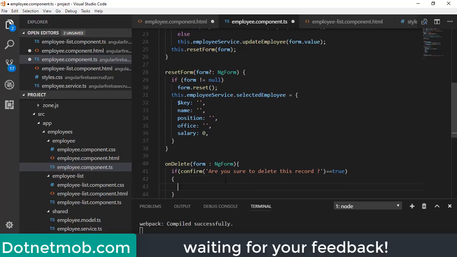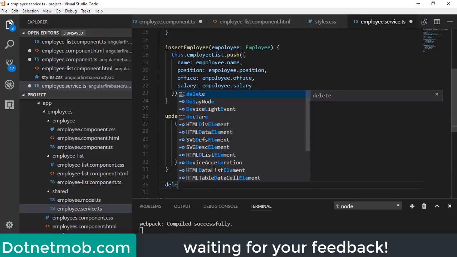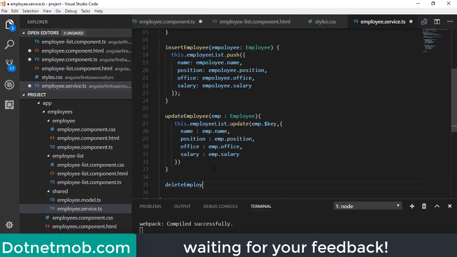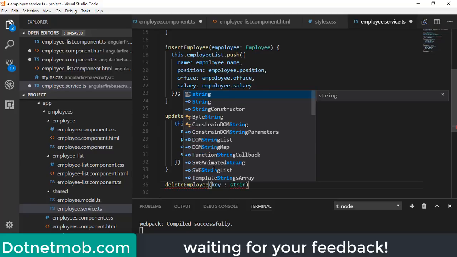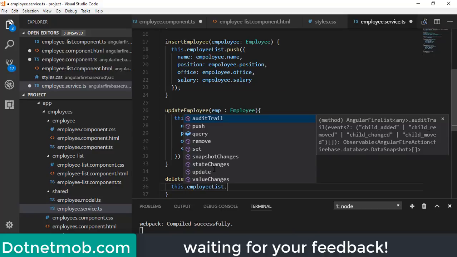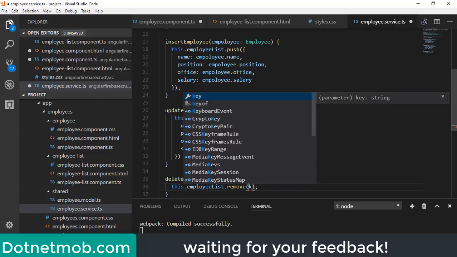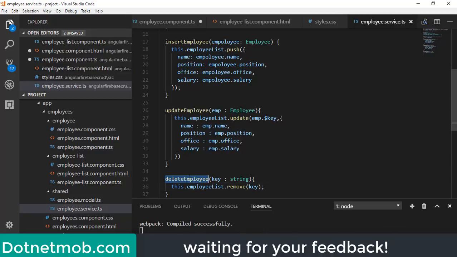For that I will define a function inside this employee service here, delete employee. In order to delete a record from Firebase we need a key, so I will set one parameter here, it's of the type string. Now inside this function we can do this dot employee list dot remove, and we just need to pass this key here, key.